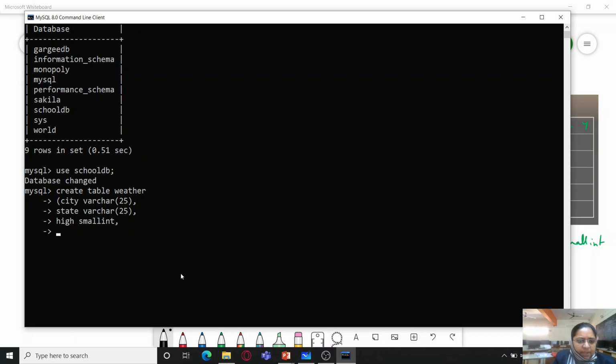Now because small int already has a fixed size, we don't need to provide the size for it. Same way low, and here we close it, put a semicolon and press enter, and it gave me a message query okay, that is the table has been created successfully.